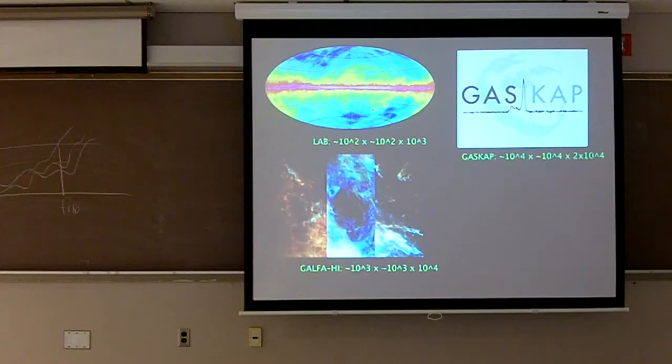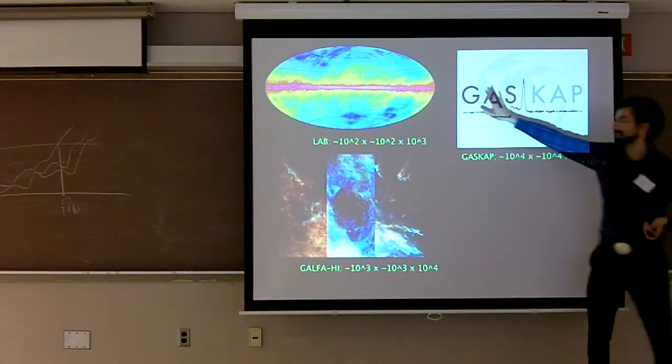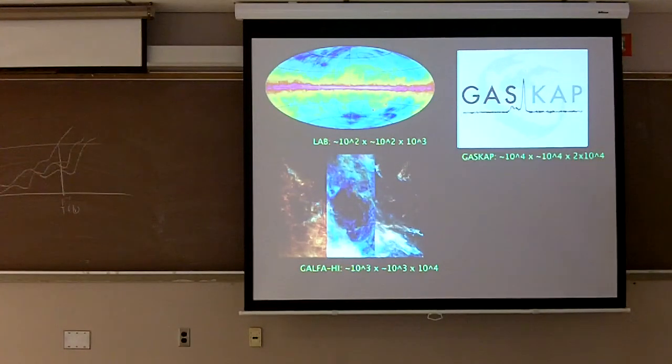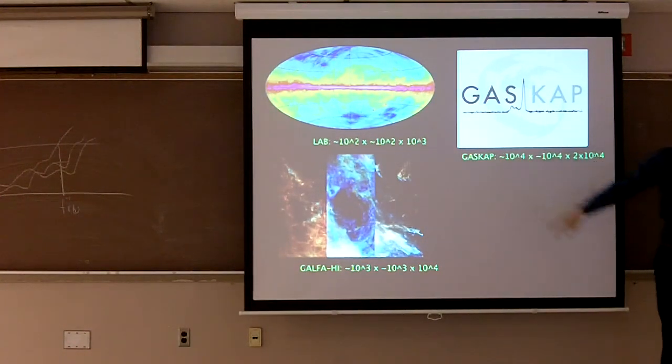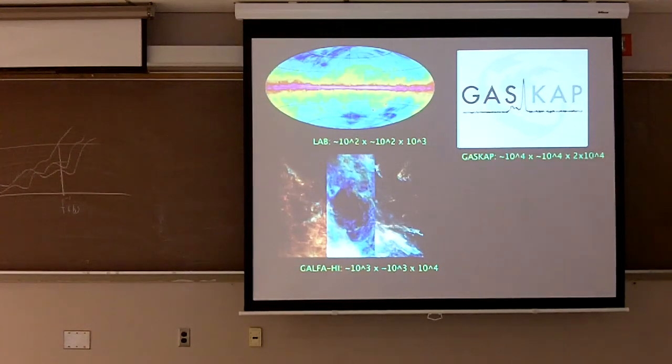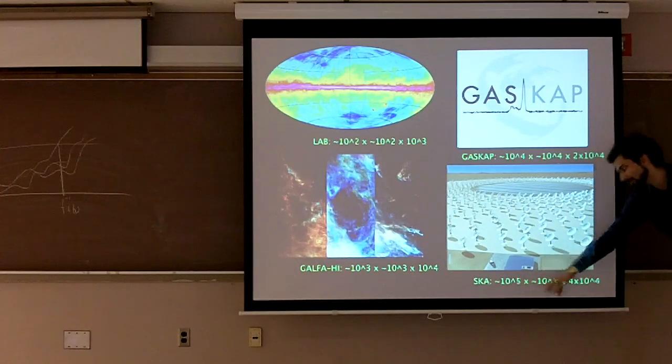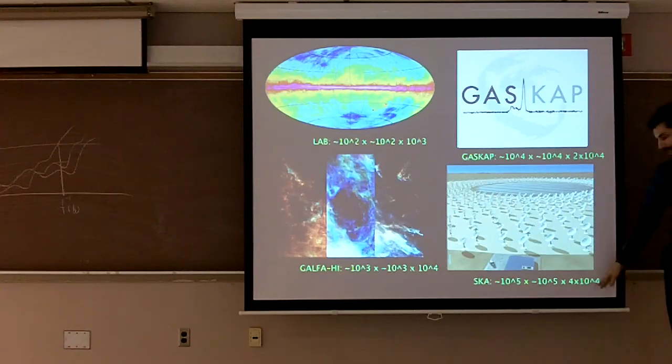I'm now working with a project called GASKAP. So ASKAP is the poorly named Square Kilometre Array Pathfinder in Australia, the Australian Square Kilometre Array Pathfinder, and one of its projects is to survey neutral hydrogen in the galaxy. But it's even higher resolution. This thing is a few tens of thousands resolution elements by about 16,000, 20,000 channels. Okay, and it's going to be taking data in a couple of years. And then the Square Kilometre Array, for which ASKAP is a pathfinder, is going to be yet another order of magnitude in resolution, and another factor of 2 in channel number.